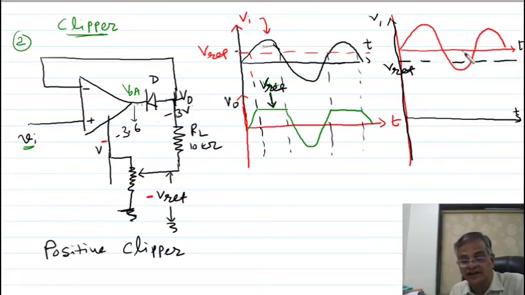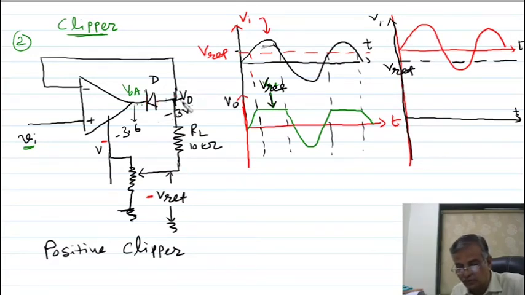Sir, why? Again I am telling you. During this time, this voltage is more than this voltage. This is minus 3. Here the voltage is 1. This is a positive 1 volt, more than this. So this is in reverse bias. You understand this is in which bias? Reverse bias. So up to which value? Up to this value it is in reverse bias.